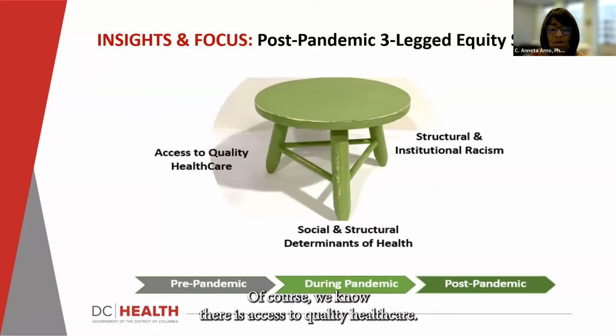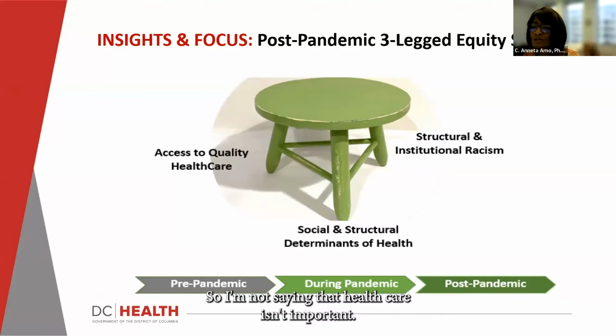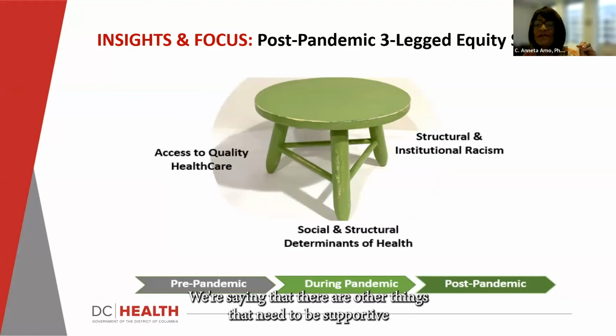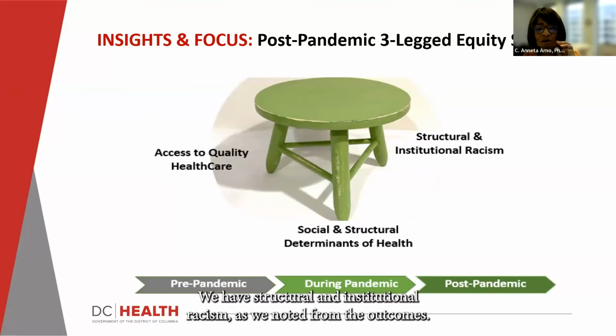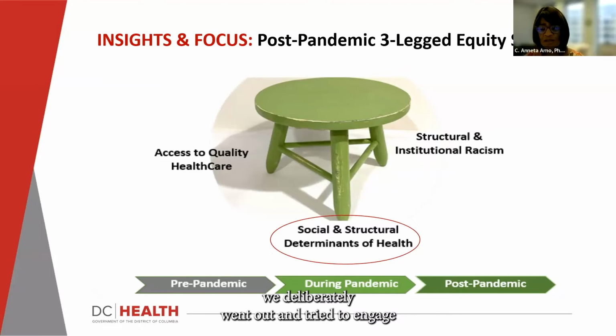Of course, we know there's access to quality healthcare, but the 20-80% that I talked about earlier still applies. So I'm not saying that healthcare isn't important. We're saying that there are other things that need to be supportive of people's access to quality healthcare, but quality is the key. We have structural and institutional racism, as we noticed from the outcomes. And then we have this part here, which we know that all of you, we deliberately went out and tried to engage